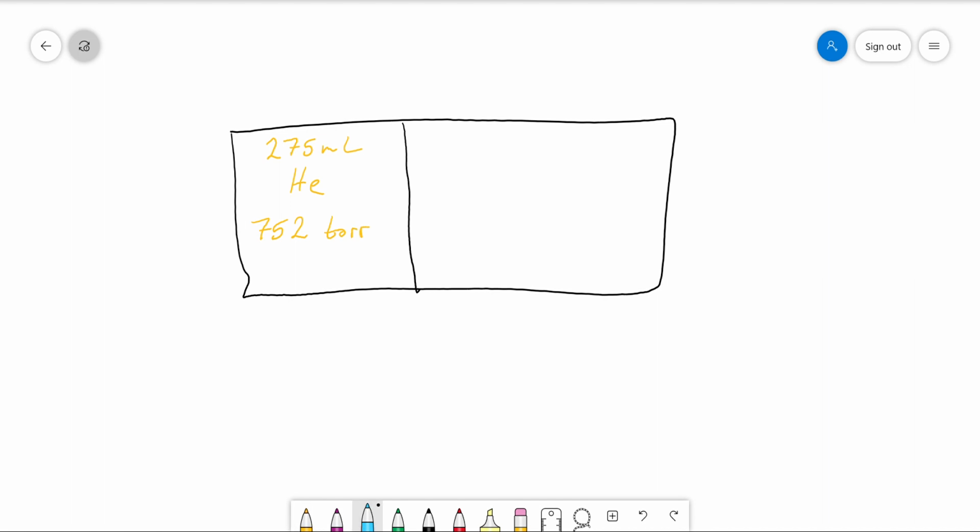And in the other one, we have 475 mLs of argon, and it is at a pressure of 722 torr. All right, and now we're going to remove the barrier between them, and those two gases will mix. That one will go into there, this one will go into here, and they'll mix completely and completely fill that entire vessel. And we want to know what is the total pressure